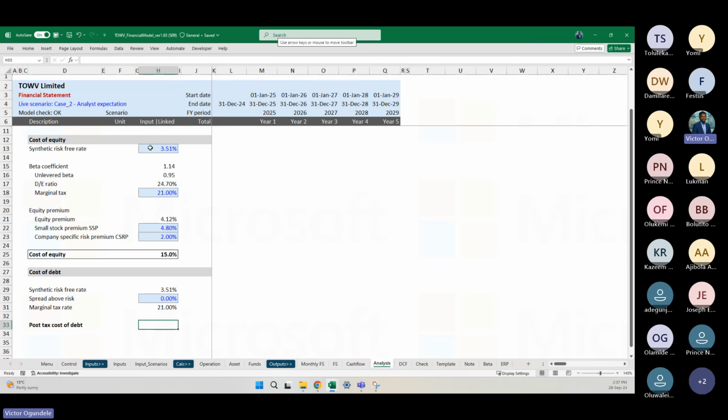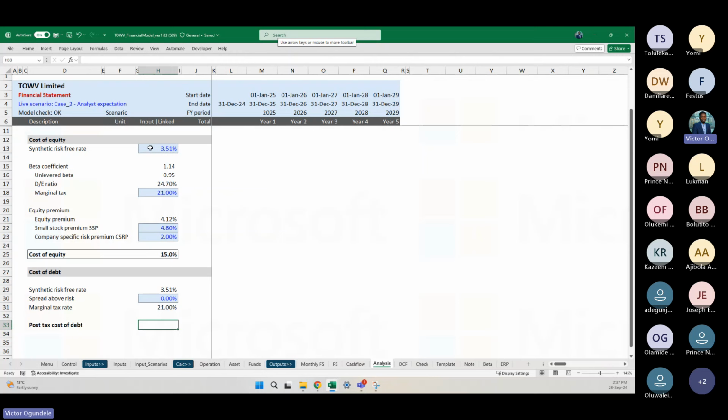But as I said, if you are doing this for emerging markets, emerging countries, then you need to consider your spread above risk, which is like the additional premium, just like the way we add the equity premium to your synthetic risk rate. The same thing also applies here. So for our post cost of debt,